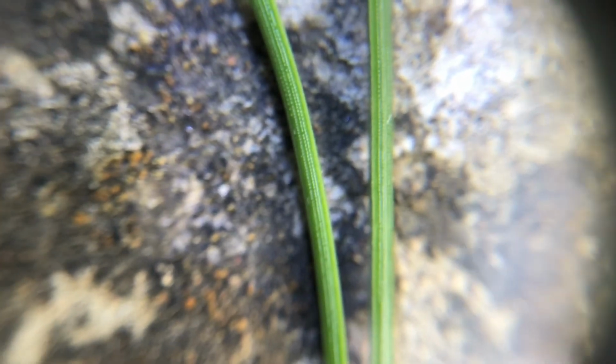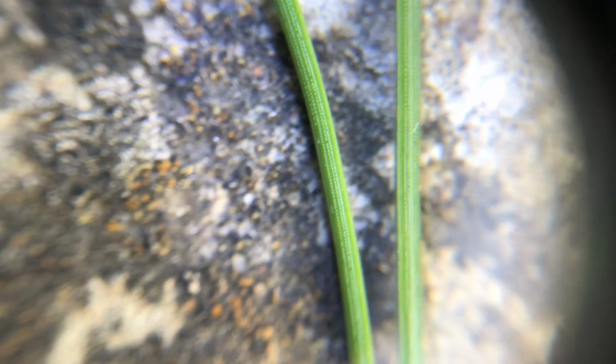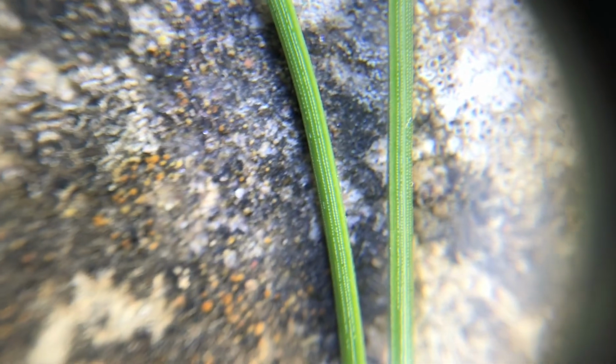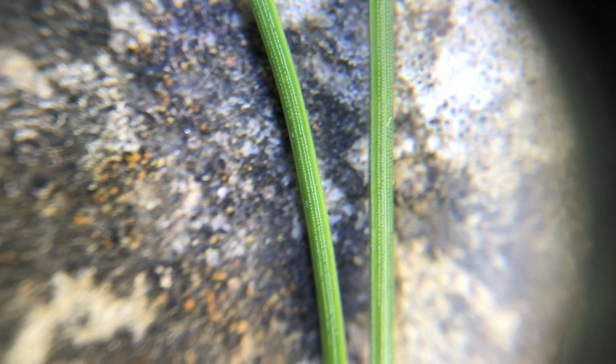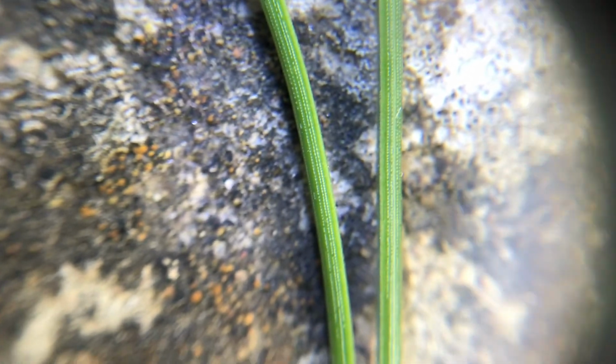It's being a nuisance again. Oh, upside down. So yeah, you can see that along the bottom there's lots of little bluish dots, and I think these are the stomata from the underside of the needles, because